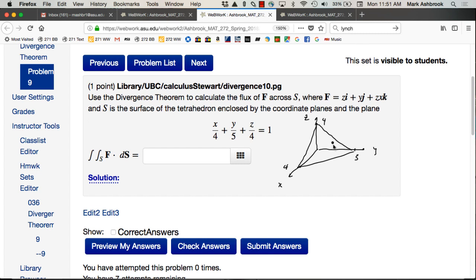there's our tetrahedron. It's a 4-sided figure. Do you see that? It has this triangular slanted top and then 3 other triangular sides, which are in the coordinate planes. And so we got this vector field here that this thing lives in, and we want to find the surface integral of that closed surface, right? So the surface is actually made up of